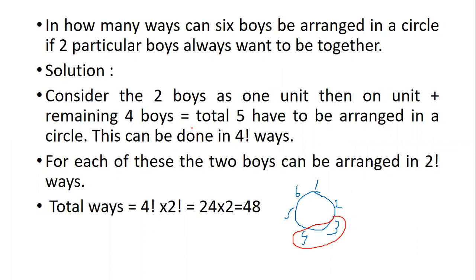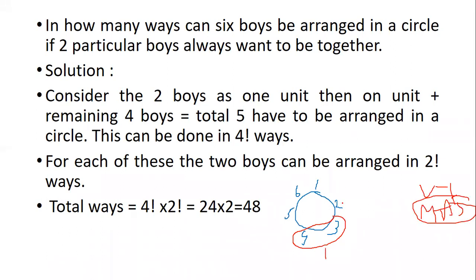We'll get back to the basics of permutation. So if we have them as together, whenever we are talking about together, we have considered them as one unit. Vowels being together, and then books being together. We have considered them as one unit. Yes or no? If you remember just the previous problem, vowels being together, and before that we had maths book, accounts book, stats books, which were supposed to be together. So similarly here, 2 boys want to be together, so we will consider them as one unit.